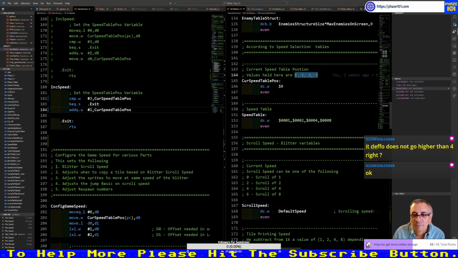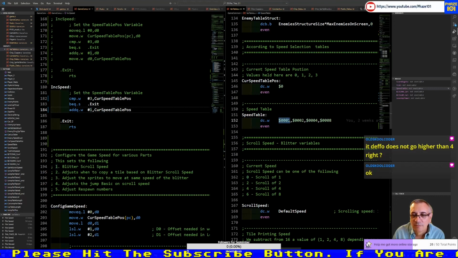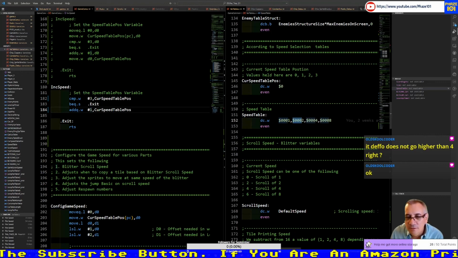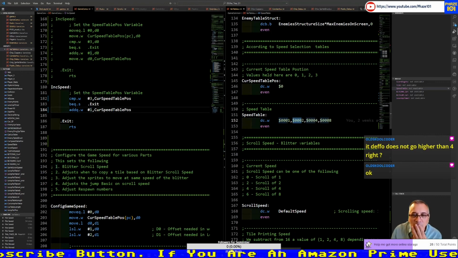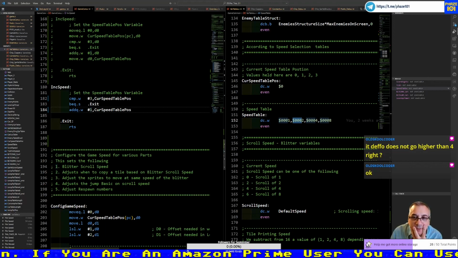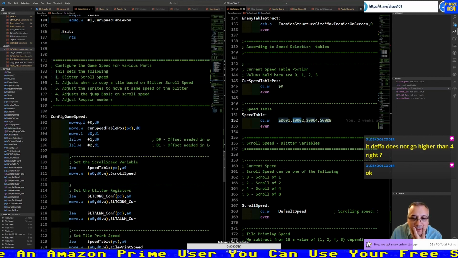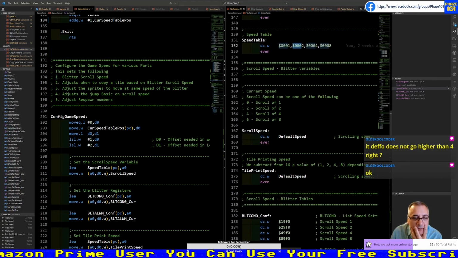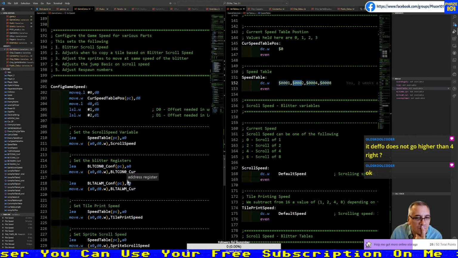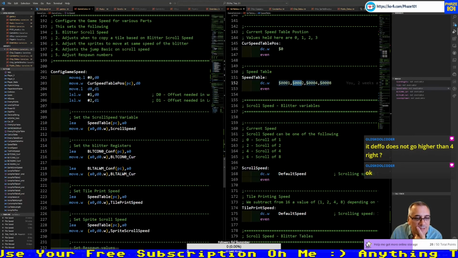And each, if it's 0, it means this one. If it's 1, it means this one, etc, etc, etc. And everything is based on this. So according to the value of this, then I load the tables. But just because I'm saying that doesn't mean that I'm right.